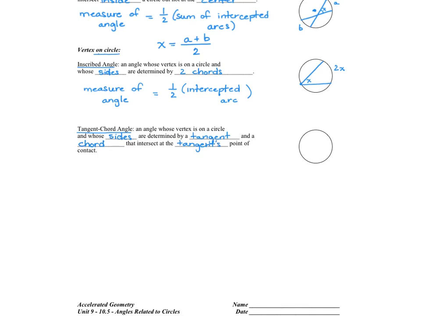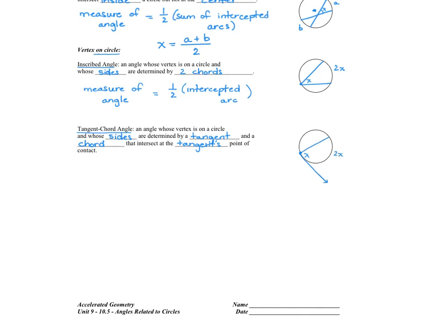So remember, the vertex will be on the circle and be created by a chord and a tangent at the tangent's point of contact. And again, the measure of the angle is equal to half the measure of the intersected